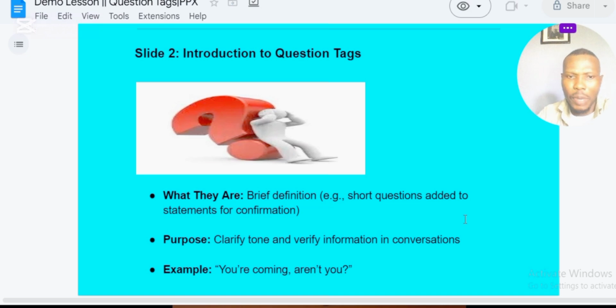Now, look at the first example, please. Can you see the first example? Example 1. Yeah, please read it. Correct. You are coming. That's a statement. You see, we have a statement and we have a tag or question tag. So after you are coming, you have a comma, and the next thing you have is aren't you? That's asking for confirmation. Aren't you? I want to know if you are coming. Isn't that so? So that's correct. Thumbs up to you, Jim. Now let's scroll down.